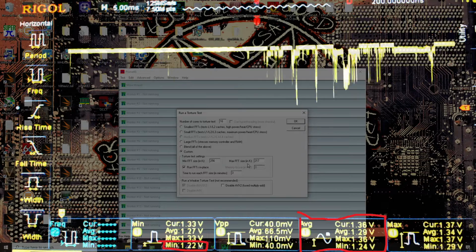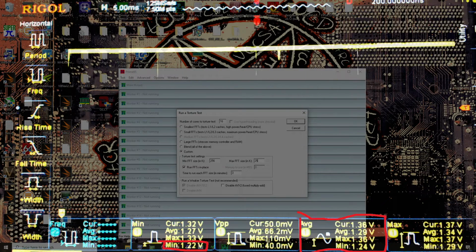We're going to go to 256 and 256. Yeah, so small FFTs is a very sustained load, which is why, unless you move the mouse, you don't get a whole bunch of spikiness other than the Windows event timer. Because that workload actually fits entirely in the L3 cache of the CPU, and so it never has to wait for memory access. Now, if you have a workload that's a bit more memory intensive, because it doesn't just fit into the L3 cache of the CPU,